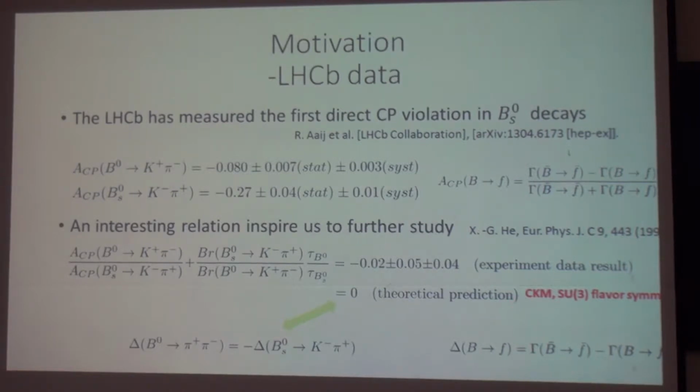The first fact is: does the CP violation only come from the CKM matrix, only from the KM mechanism? Are there any extra CP violation coming from other mechanisms, which we will call new physics? And the second, we can test the SU(3) flavor symmetry, which is just an approximate flavor symmetry, but elementary particle physics usually uses it to do some work or to derive some predictions. So we can test whether this assumption is good enough or not.